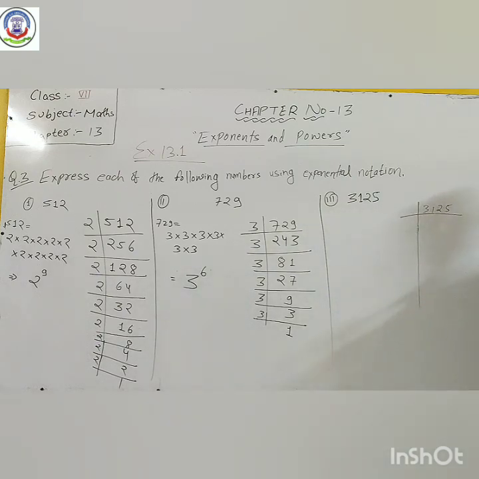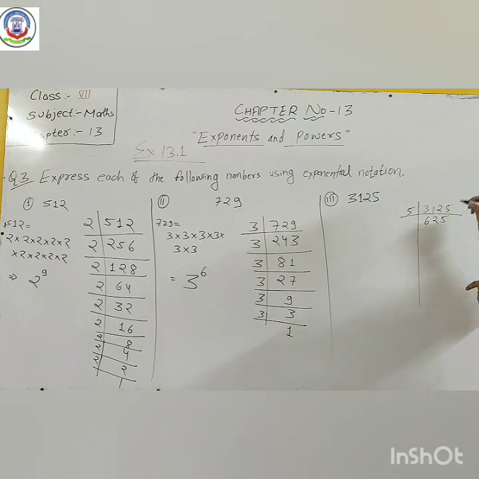So let's check with another prime number, that is 5. And you know the divisibility rule of 5. What is the divisibility rule of 5? What should be at the unit place? Either 5 or what? 0. And we have 5 over here. So divide it by 5. So 5 6s are 30. 1 is here. 5 2s are 10 and 5 5s are 25.